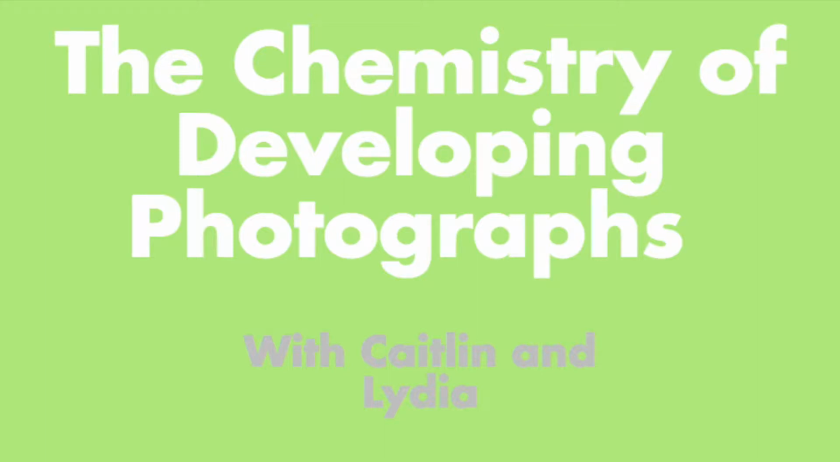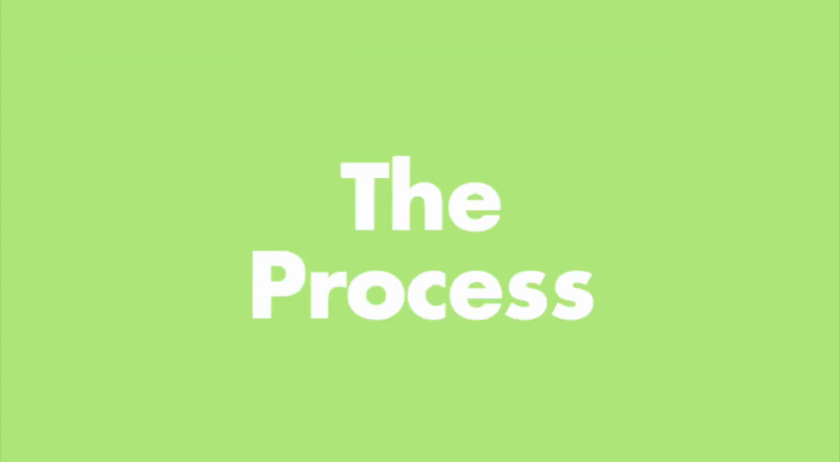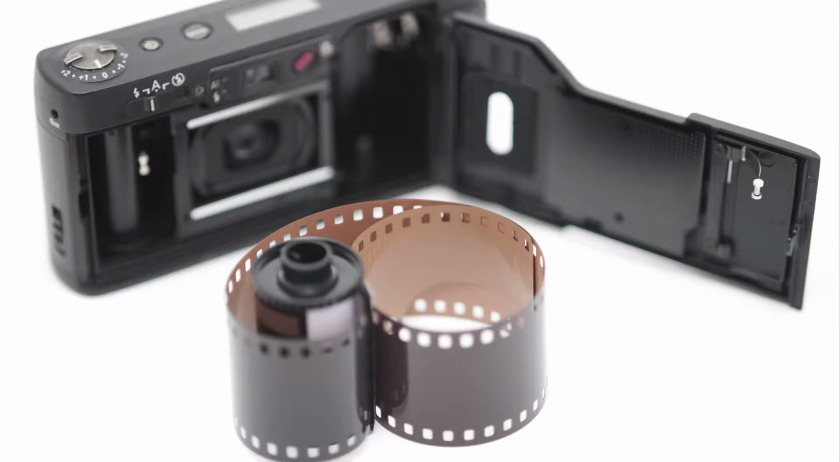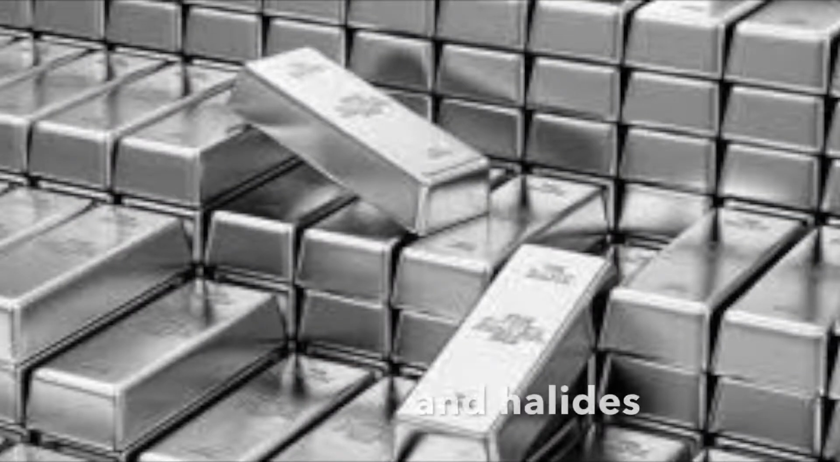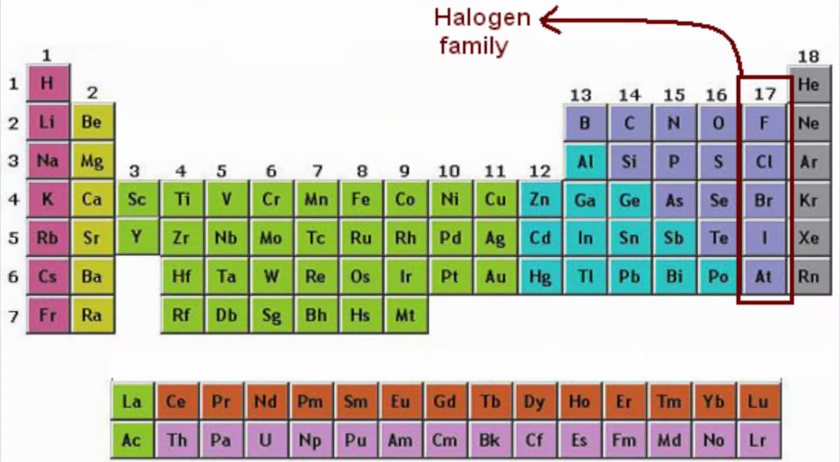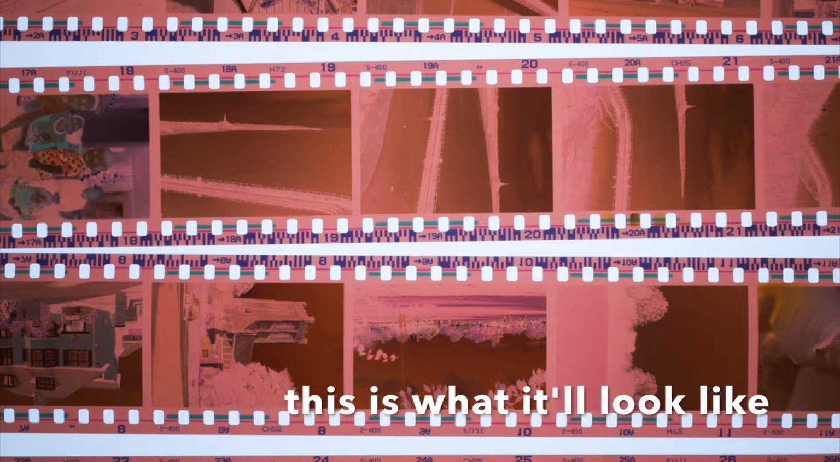We're going to be talking about developing photos. Okay, so let's explain how this works first. The film is made up of photosensitive grains of silver and halides, which are halogen atoms with a negative charge. The film is exposed to light, creating a latent image, which is invisible at the time but becomes visible when